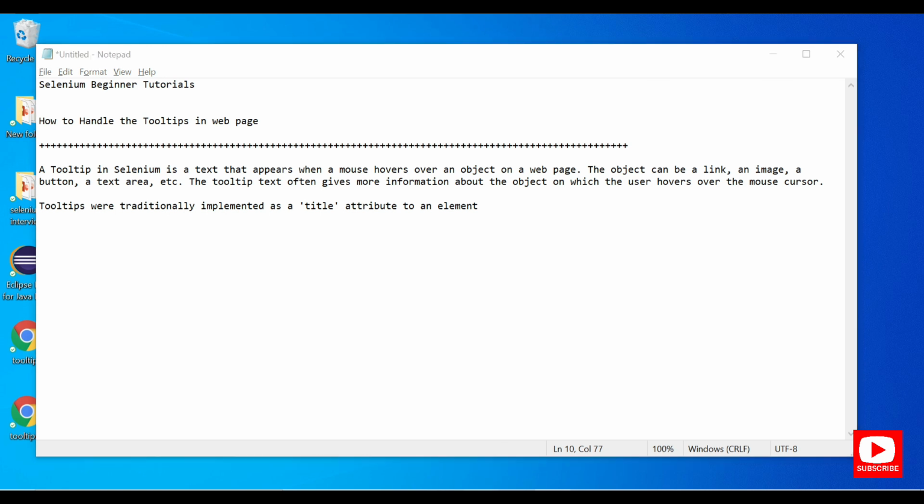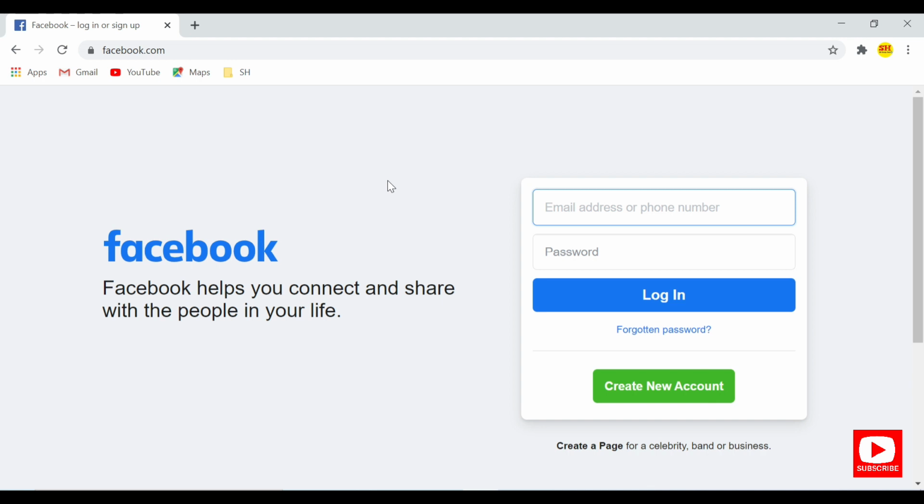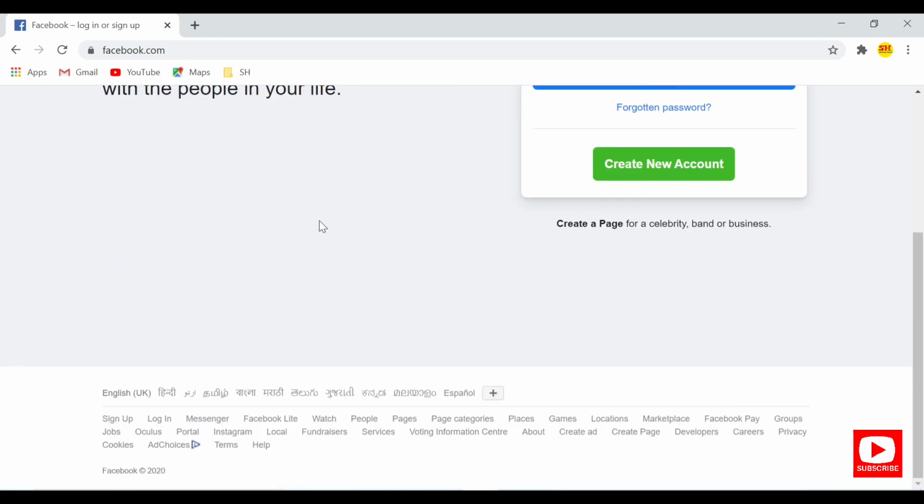Let me open the Chrome browser. So here I have a Facebook page. In this Facebook page, I will show you where we have tooltips. At the bottom of this page, we have the navigation links, where when you mouse over these links, you will see a dialog coming up, which is a tooltip. Which gives extra information. Login into Facebook. Here it's only sign up, but it says sign up for Facebook. And similarly for the others, take a look at Messenger. So these are the actual tooltips.